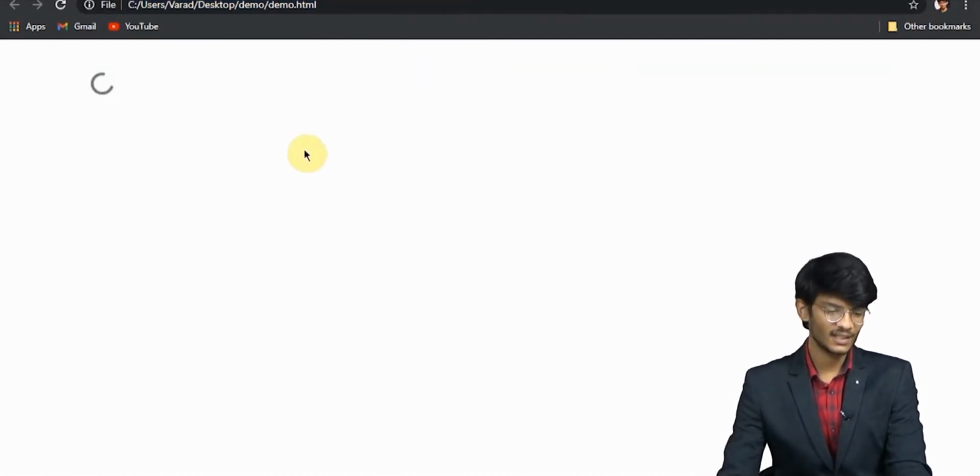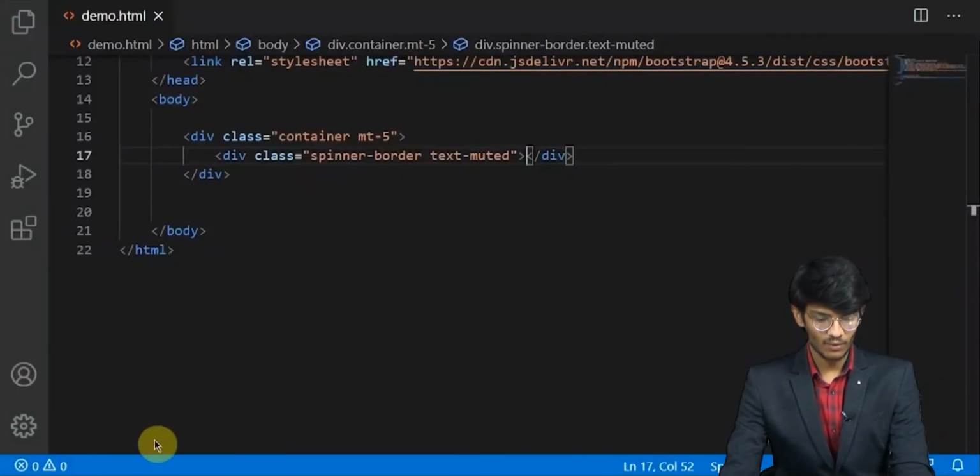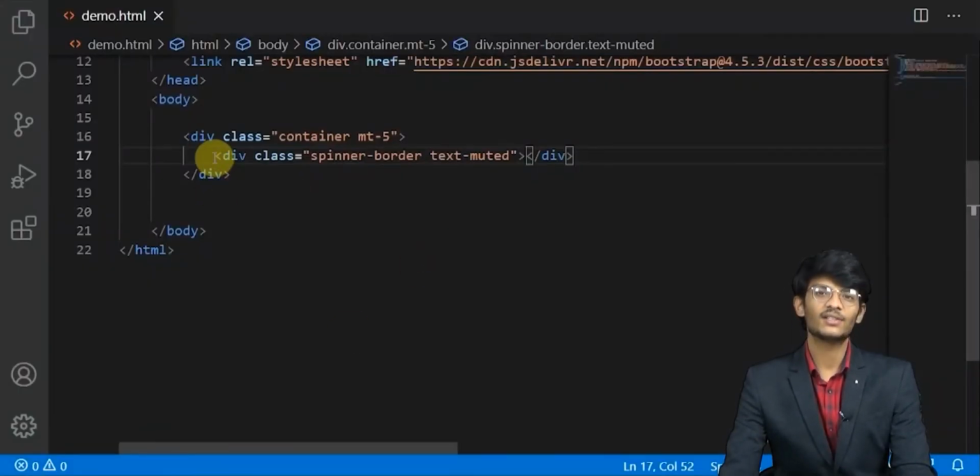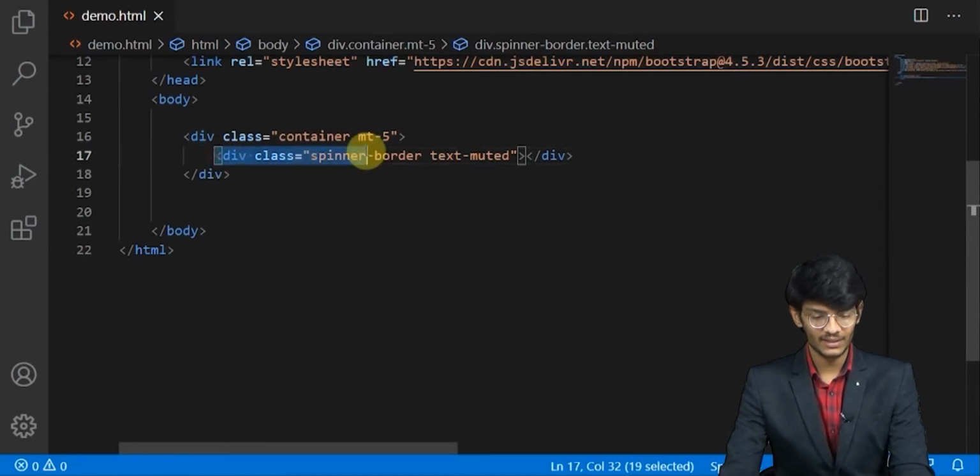Well, you can see this kind of loading icon which I talked about previously. So that's the light gray color of the spinner. That is due to the contextual colors. Let's see some more examples with different colors.